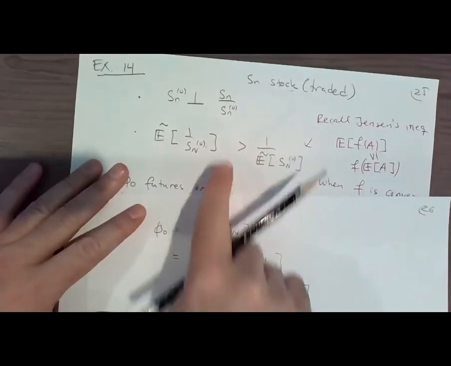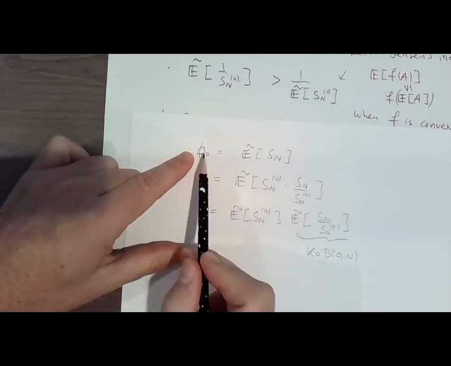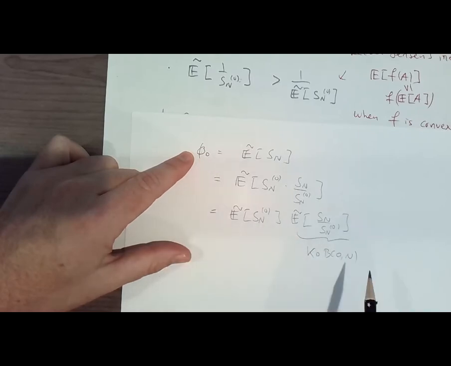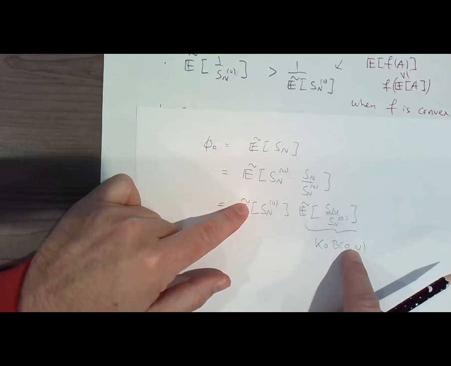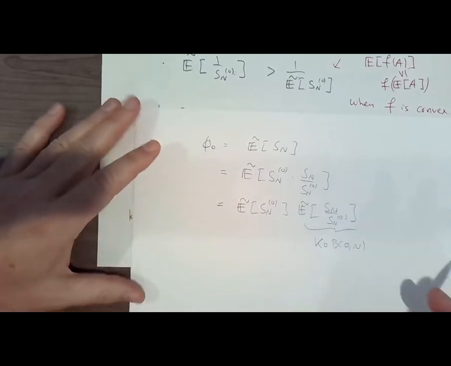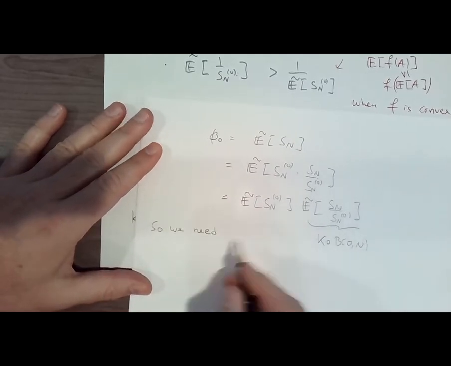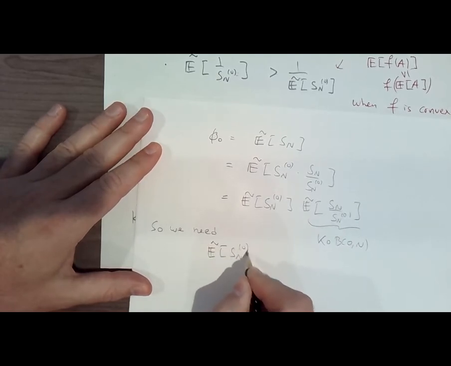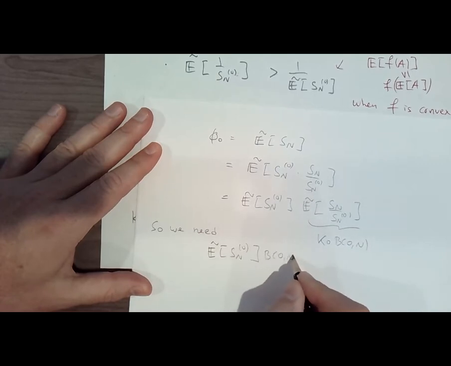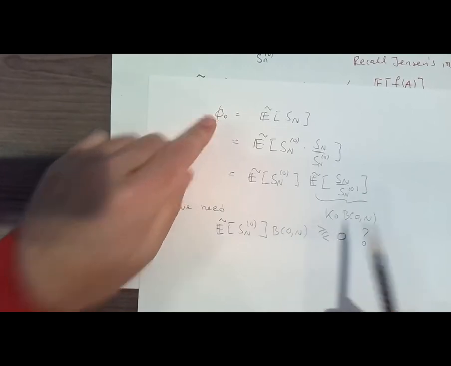The only thing that we haven't used is this one. What we're interested in is trying to figure out, is there a relationship between phi0 and K0? Well, apparently we need to look at how the other two quantities compare, is it bigger than or smaller than 0? So we need to figure out, when I multiply it onto B0n, is this bigger than, equal to, or less than 0? Because that is going to determine how phi0 relates to K0.